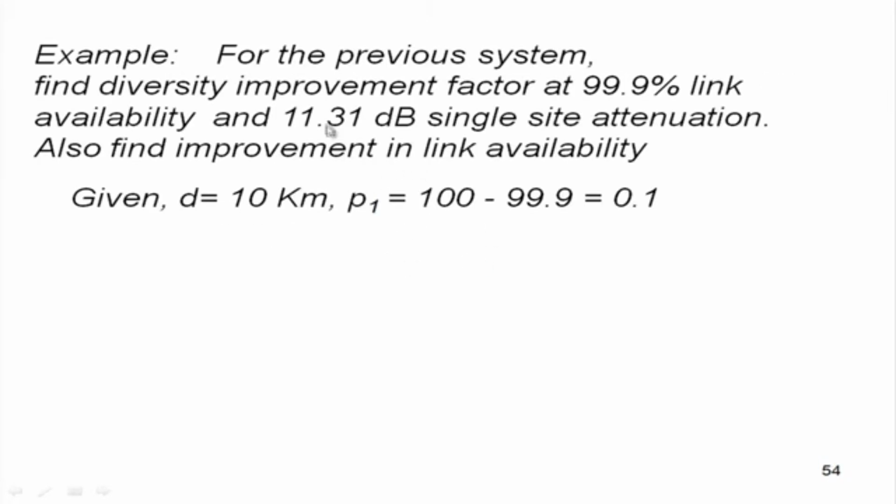And we take another example, almost the previous system numbers: find the diversity improvement factor for 99.9% link availability and 11.31 dB single-site attenuation. Find the improvement in link availability. So first you find the diversity improvement factor, and then find whether improvement in the link availability happens or not. Given these numbers, you can find out P1